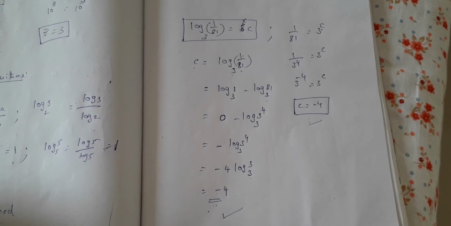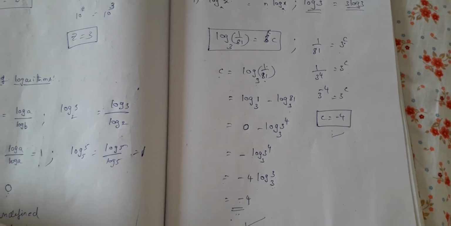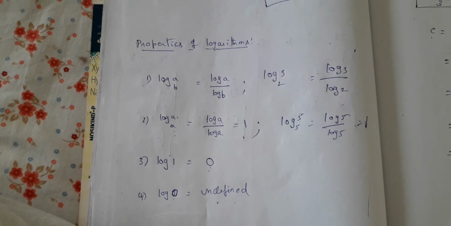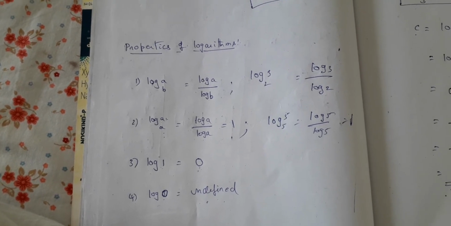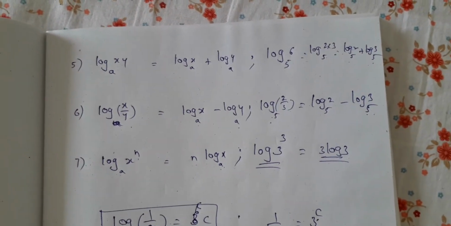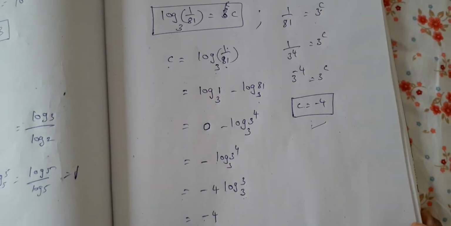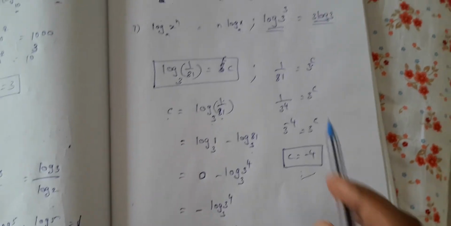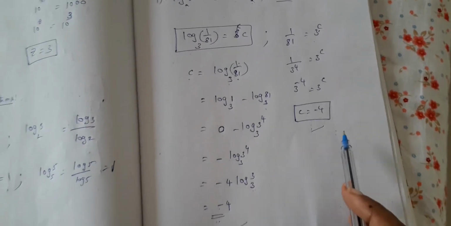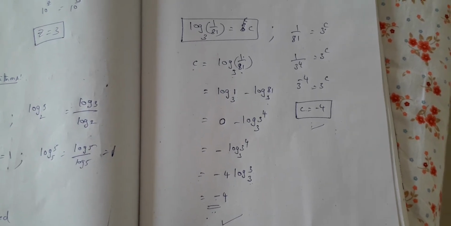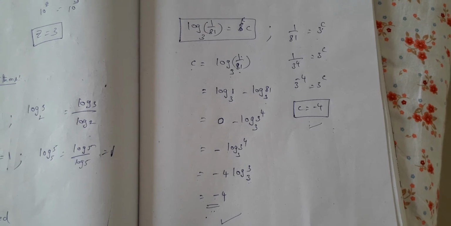Okay, so now just take the screenshot of all these things. The properties first. Copy them. Try to understand them. Remember them by heart. So these are the properties with examples. Then this is one of the applications of the properties, where we have compared doing it from normal powers and exponents. So take the screenshot, children, and then copy it down. Try to understand each and every step, how we got it, why we got it.